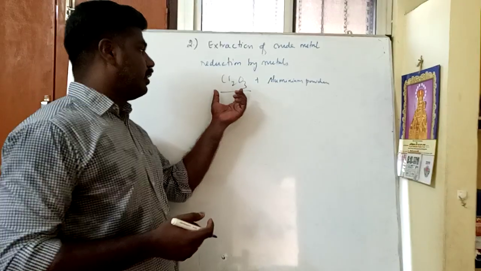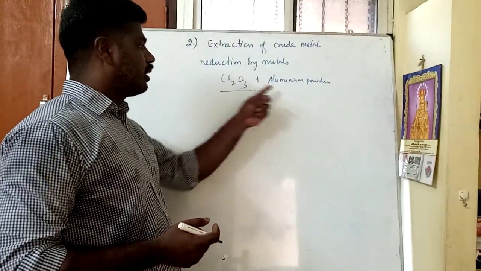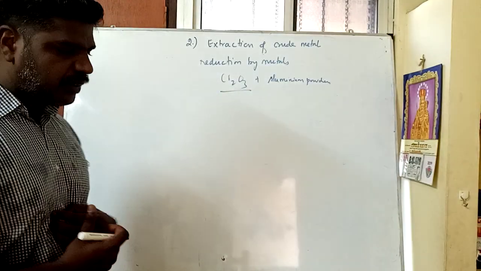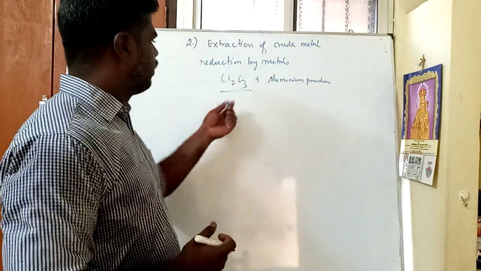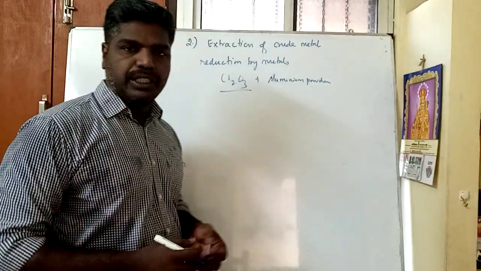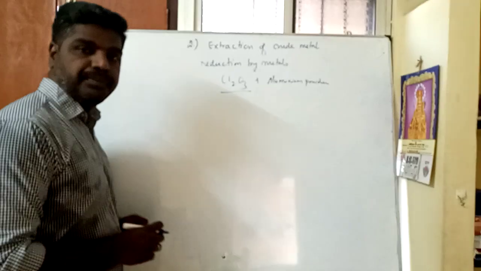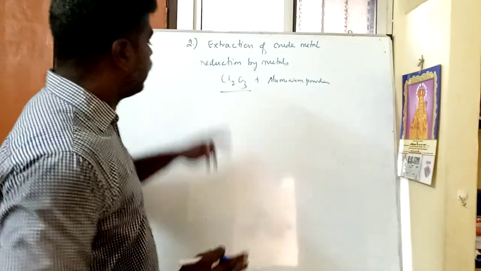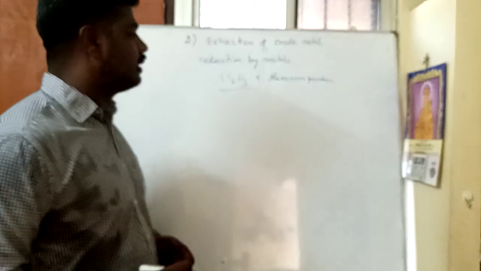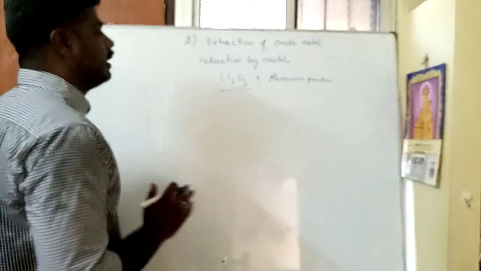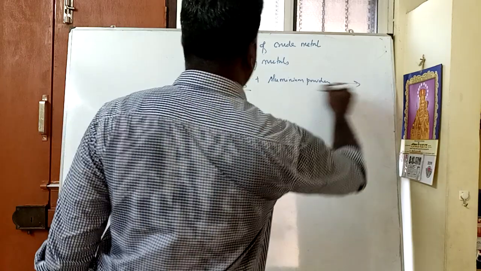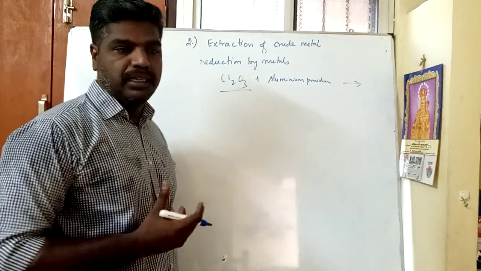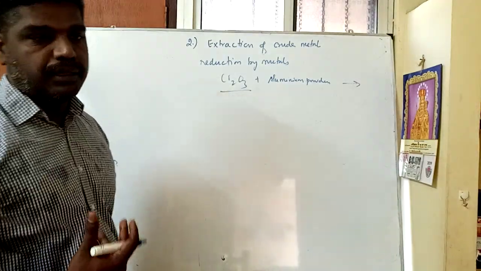In it, a mixture of two compounds, the metal oxide, chromic oxide, plus aluminum powder, is mixed together in something like a 3:1 ratio. It is not an electrolytic process; it is a heating process. Metal oxide is mixed with aluminum powder in order to reduce chromic oxide to chromium. But initially we need a large amount of heat.